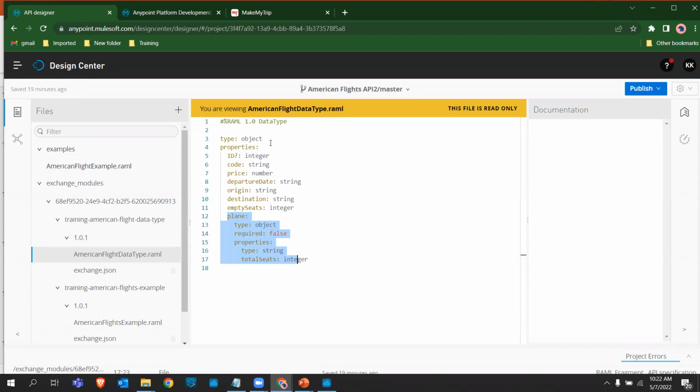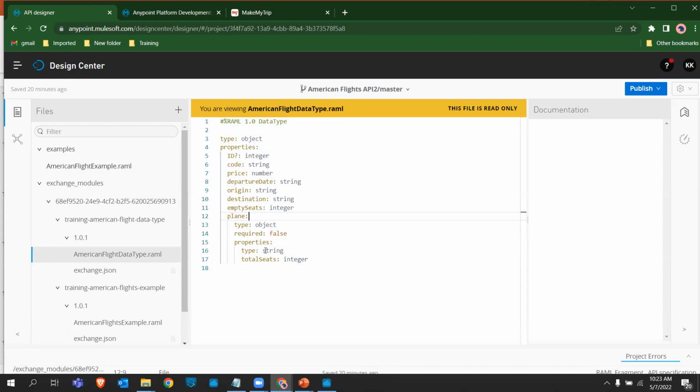Under which, if I have, for example, location, the location will be bifurcated with state, district, city, right? So that is what you mean. We are doing it here as a plane. Exactly, that's a perfect example. So for that plane object, you are mentioning type as object type, and you say required is not required,